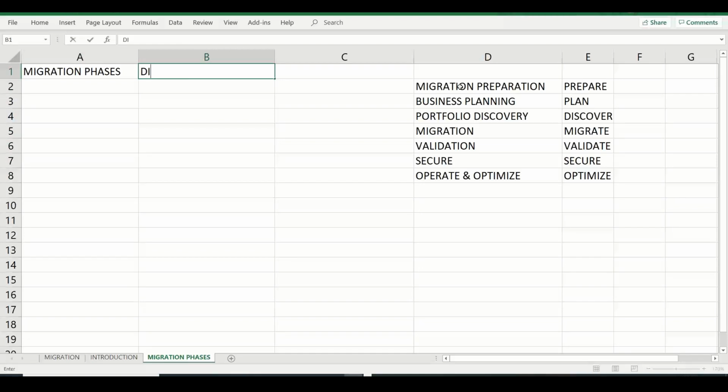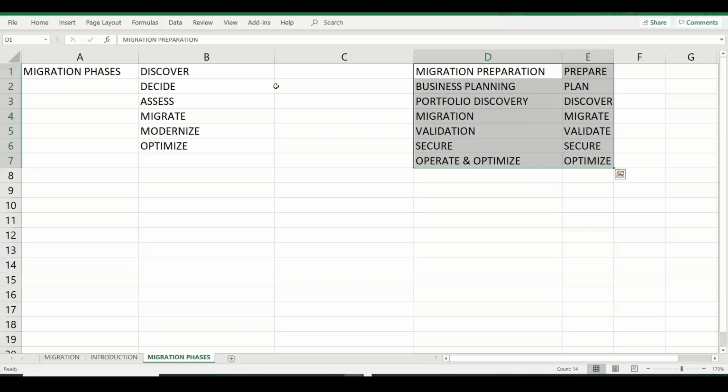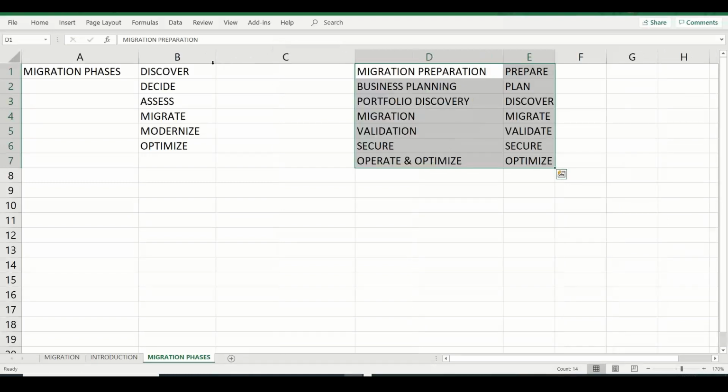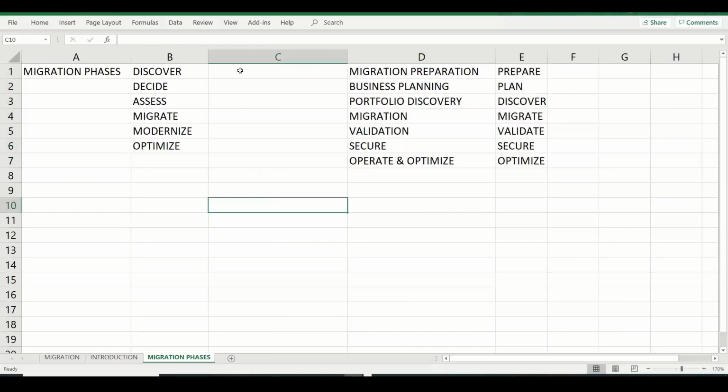So in general, we can just call it the discover phase, the decision making phase, and then the assessment phase, then migrate. Sometimes you might have to do a modernization instead of a migration strategy. Finally, you have optimize. These are all different English words, but they are all conveying that you cannot just go and migrate like that. You need to have some specific steps before you migrate. You need to take decisions before you migrate. That is when you do the evaluation, the planning, and the preparation.